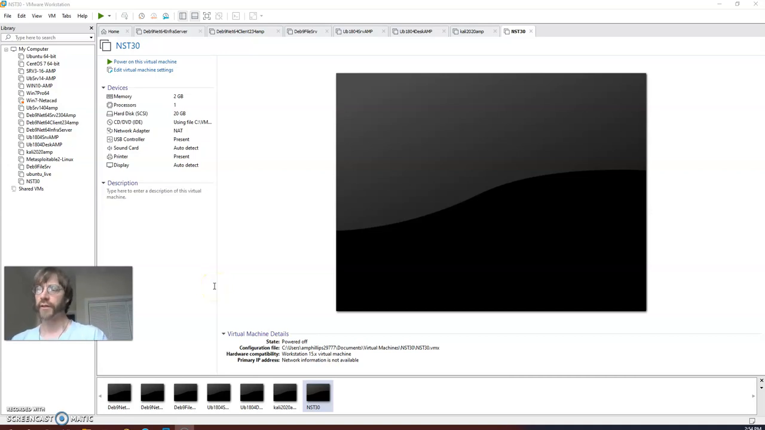Okay, I'm going to demonstrate installing the Network Security Toolkit 30. NST30 is a security-based Linux distro built on top of Fedora 30, as the name kind of implies. I actually tried to do two installs at the same time, Fedora Security 30 and NST 30, and something I see